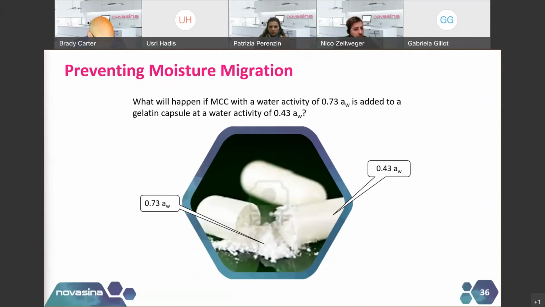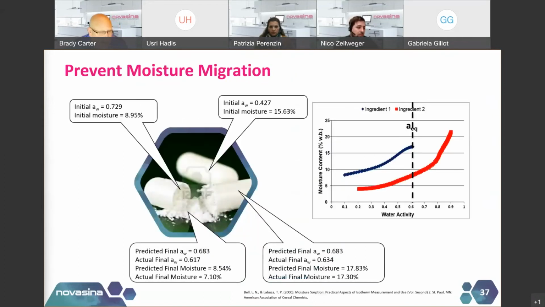They'll exchange moisture until their water activities are the same, because water moves from high energy to low energy. And it actually is possible to model this with certain types of models, and as long as you know what the isotherm is, you can predict what the water activity will be of each of the components without actually having made it. And so it may be that at 0.683, because of this exchange that's happening with the